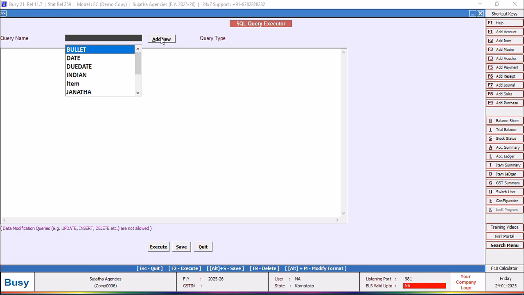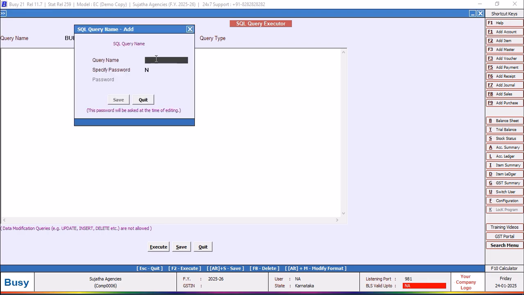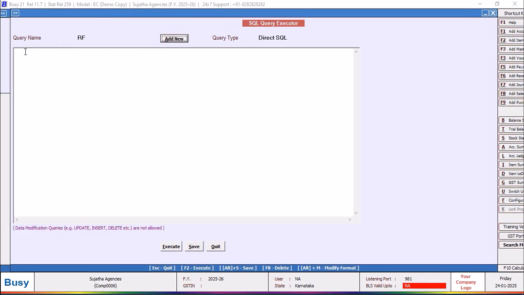See, now let us check the print preview. Now I'm going to add one more. No, I'm not taking print preview. Now I'm going to add a query by name RF. Select